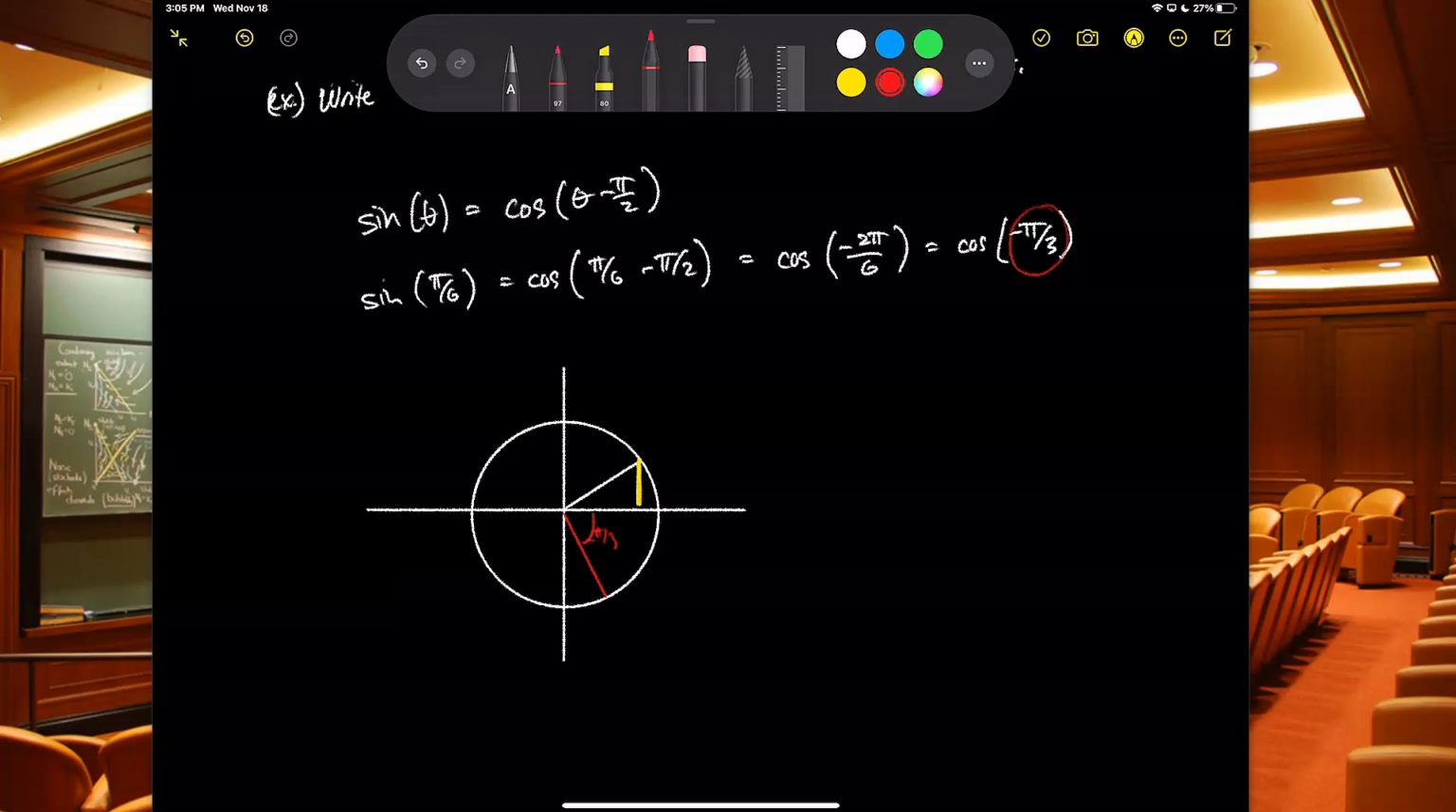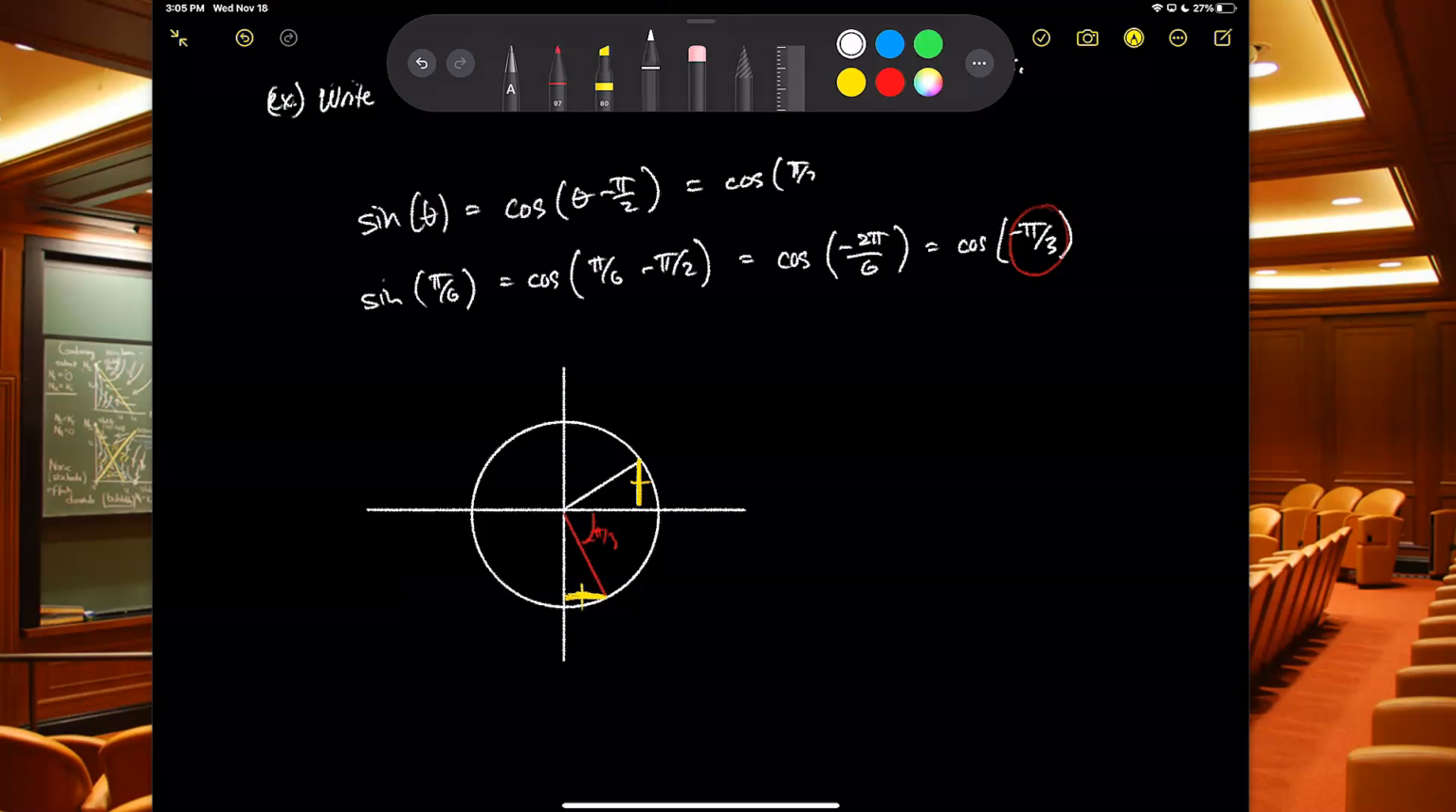So negative pi over 3. And it's talking about the horizontal distance. So this distance here is the same as this distance here. That's what it's saying. And so we can continue with the other parts of this identity, which we said is also equal to